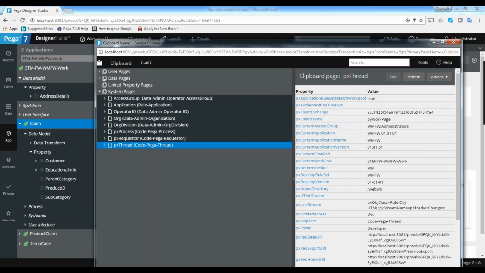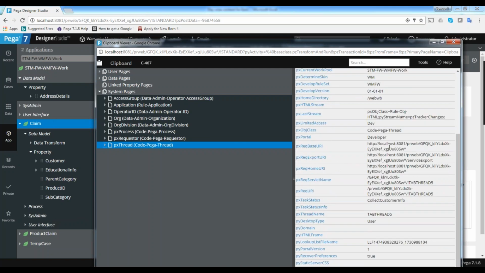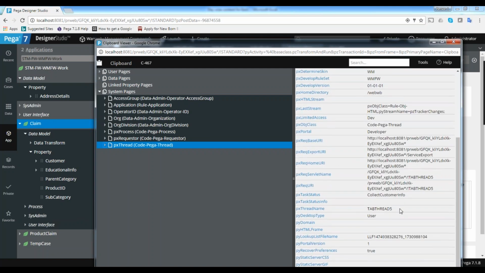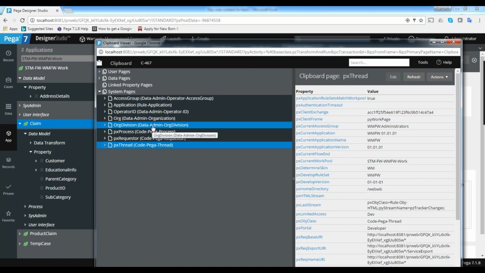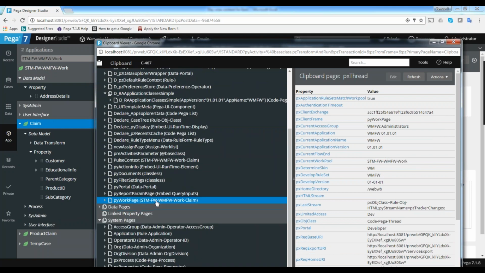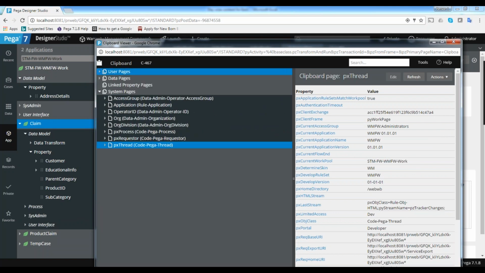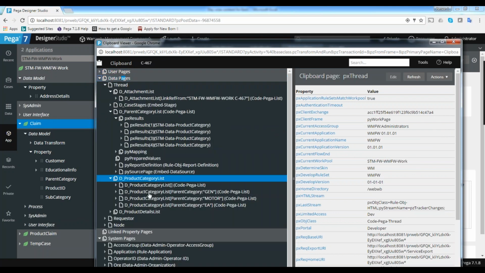This is thread information: the thread name, for which purpose we are using it, and what URL we are using. Internally the system maintains a lot of information, and those things you can see in the system pages. But we don't need to worry about these things. This will be common, but only case data will be stored in this PY work page. This thing you need to remember, and then you need to see the data pages. Do not bother about the rest of the things while processing the work object.